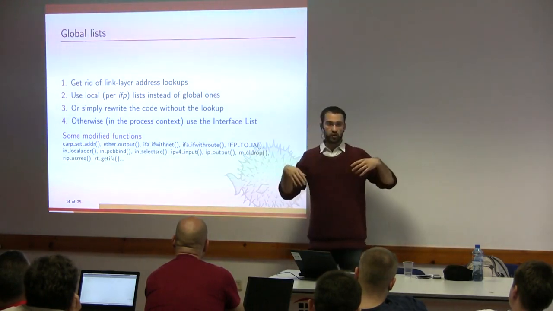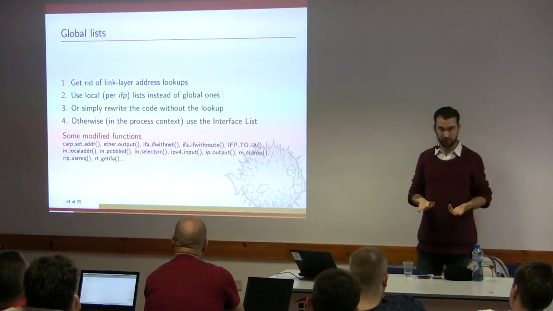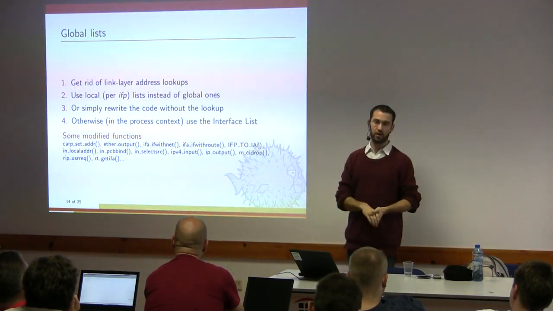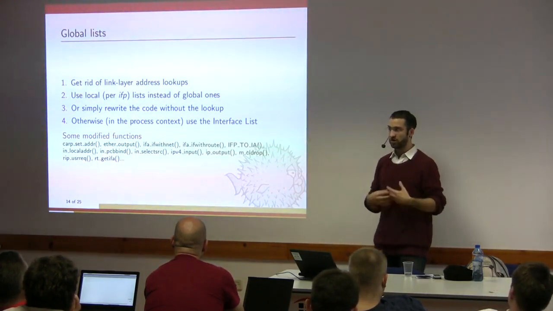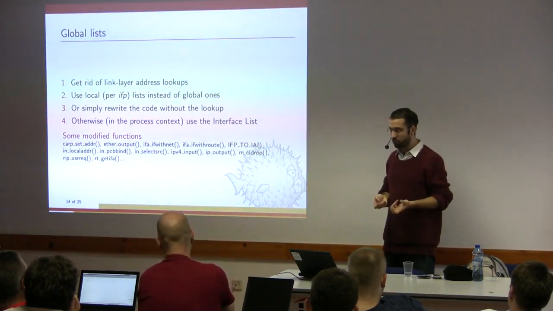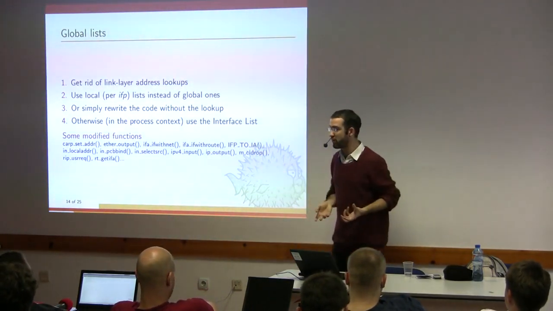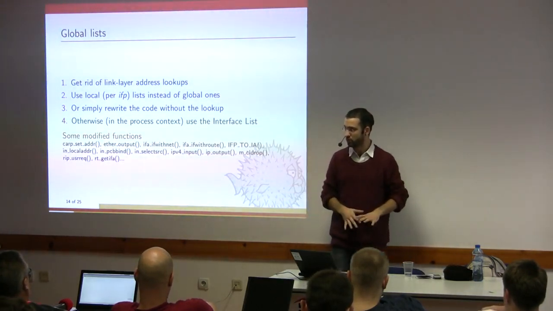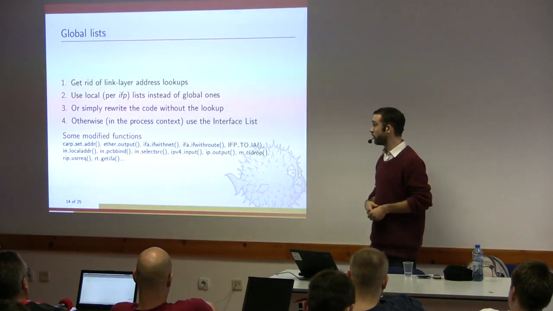The first point I explained when I was showing the representation of a kernel that just booted without a configured address is that the link layer address, no matter what kind of interface you have, no matter if it's a real interface or not, no matter if it has a link layer address or not, has a memory chunk which is used by the kernel to represent something that should be the link layer address. So if you always have it, why would you look for it? Because you know it will be present. Why would you have to search through a list? Where is it? It's there. Don't worry. So just remove the list lookup that looks for it. First rule. That's quite easy to do